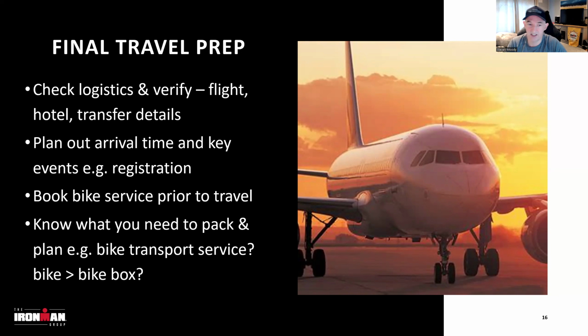Know what you need to pack. How are you getting your bike there? Are you bringing a bike box? Are you going with teamtruck.eu, who are a great option